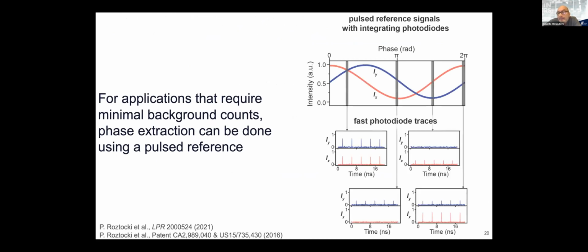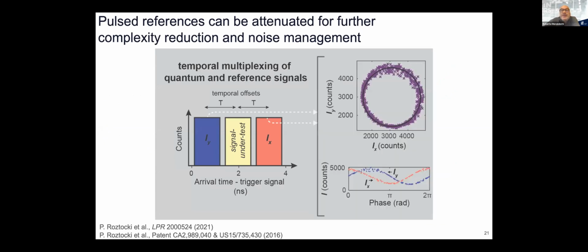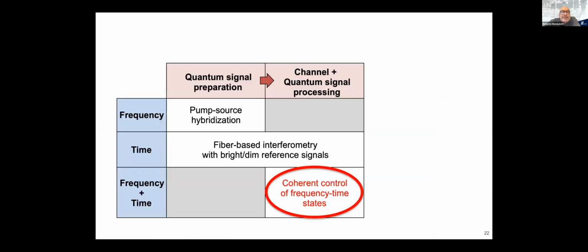And here are some measurements taken with a fast photodiode. And we can even play and interleave the pulses and then do the characterization of the correlated photons as well as of the 2 signals, the 2 references, by using the same single photon detector. Actually, this takes a bit more time, but it's something that can be done, as you can see in this experiment that was done recently. The paper came out this year.